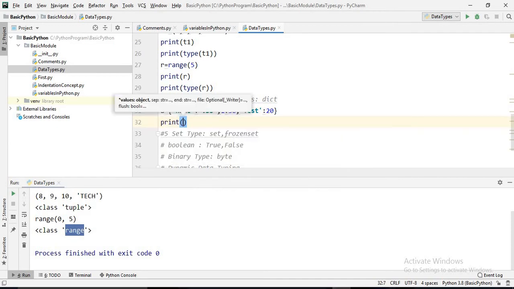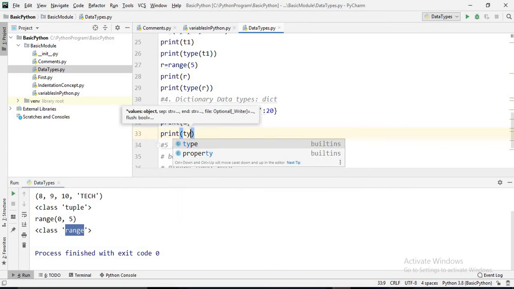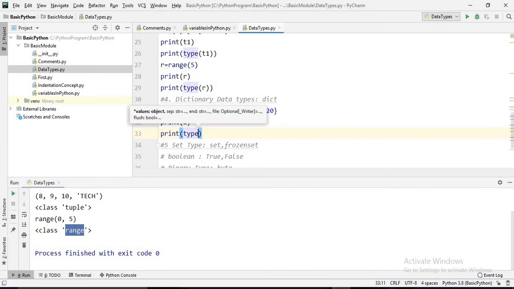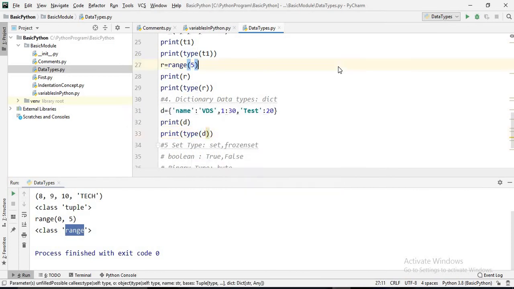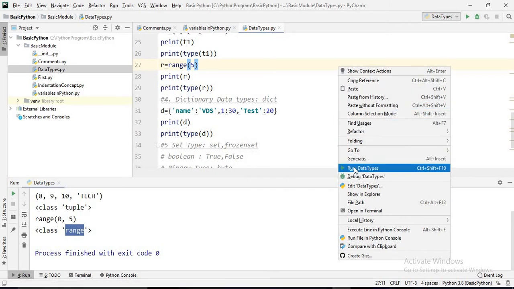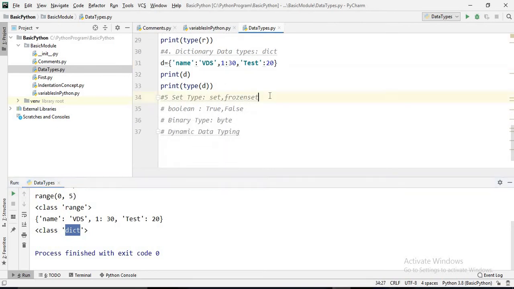Print D, and then print the type of the dictionary using the type function, type of D. Let's run this one, right click and run. See, it will tell you class dict.